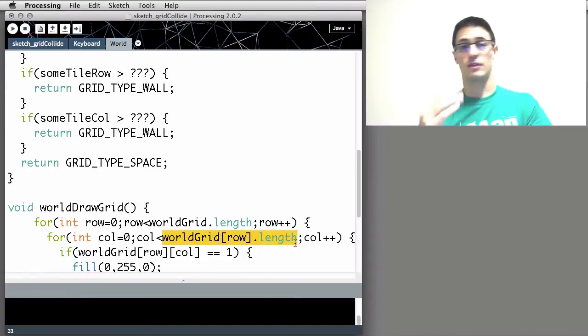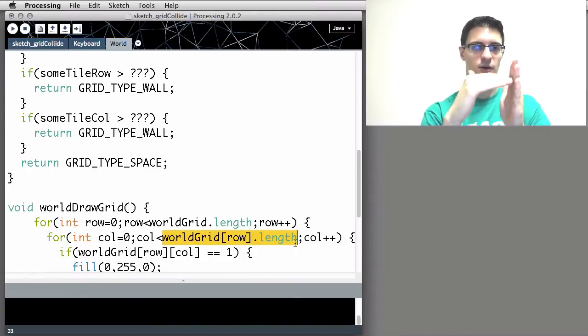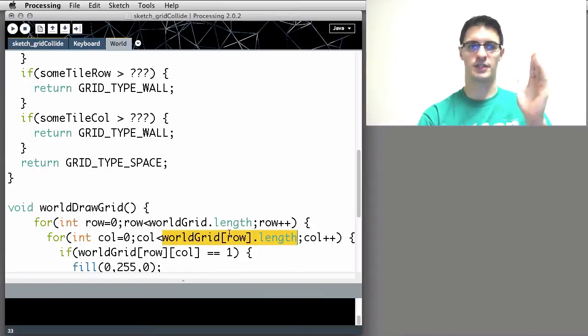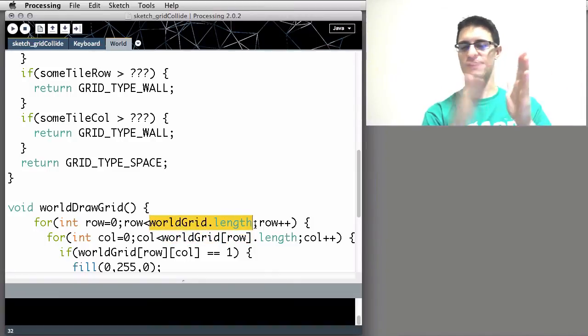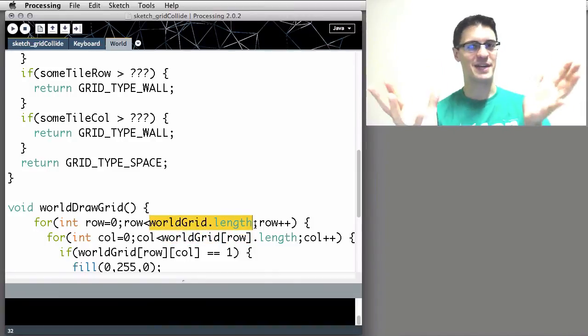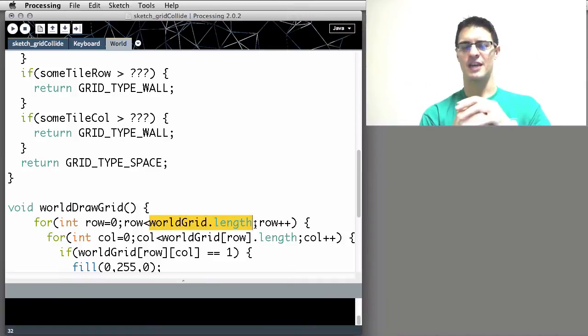What you got to remember is that this is a two-dimensional array, and so each row has its own length in terms of columns, and this is just making sure that what we're getting is the actual length of that row. We could have uneven rows, probably. I wouldn't recommend it. It's kind of a wonky thing to do. We're going to keep those two pretty tightly coupled just for sake of clarity. But row, you can see here, we check against